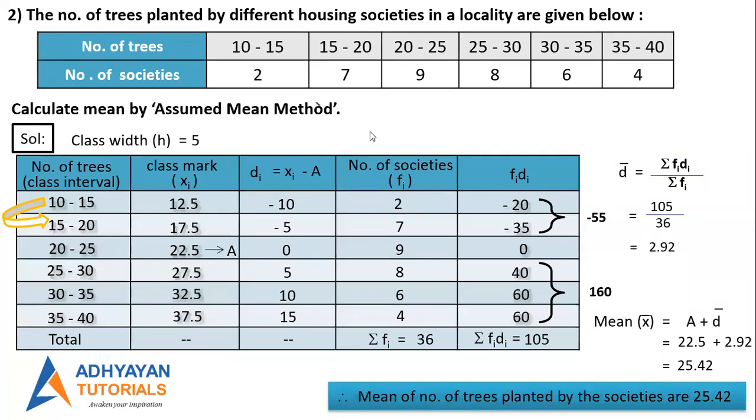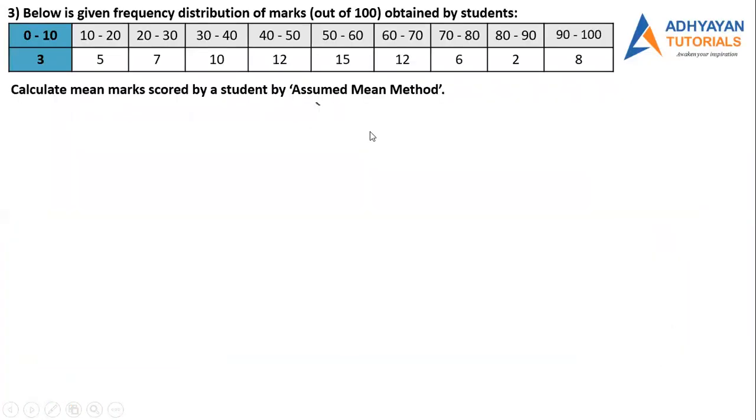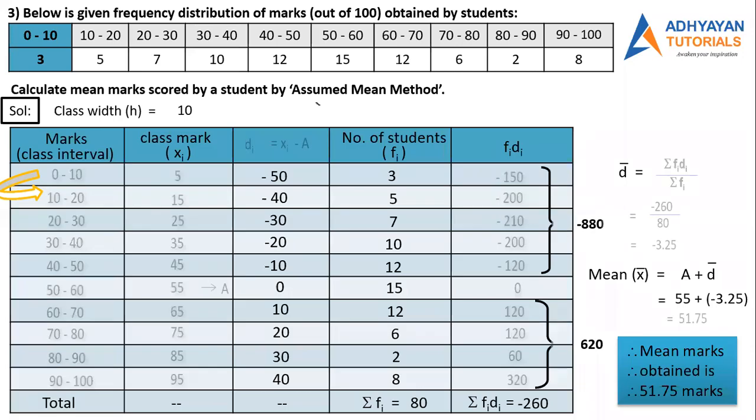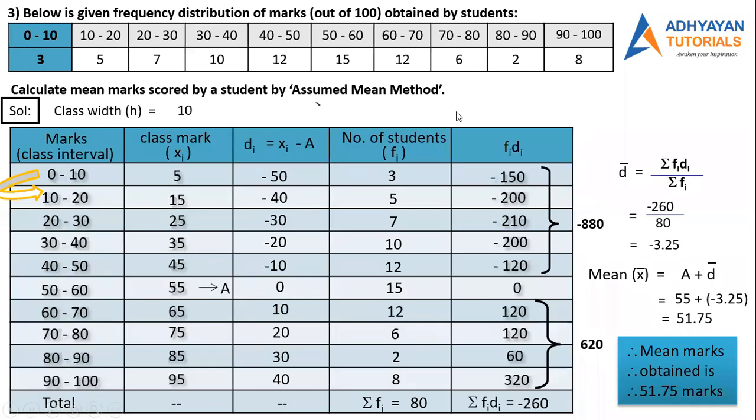Yeah, great, great. As we discussed. Go ahead. Next one. Rageshri, the answer for the next one? 51.75. After the decimal, we don't say seventy-five, we say seven five. Yeah, 51.75. You can match your answers. If you have taken anything else as A, you will still get the same answer.